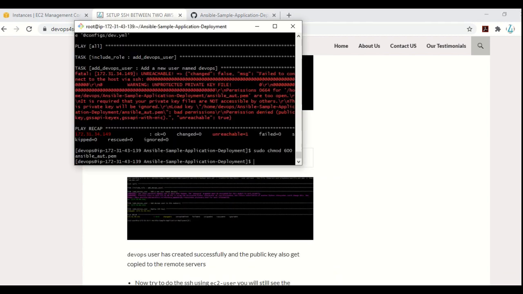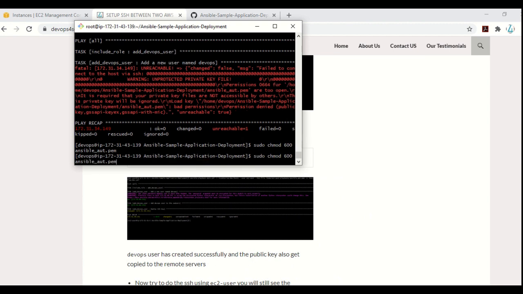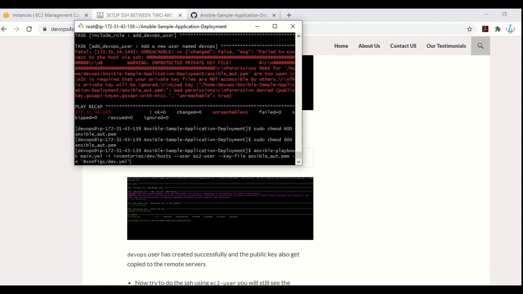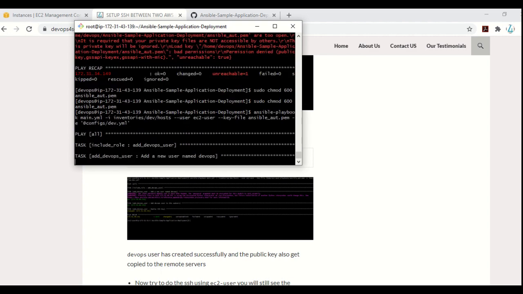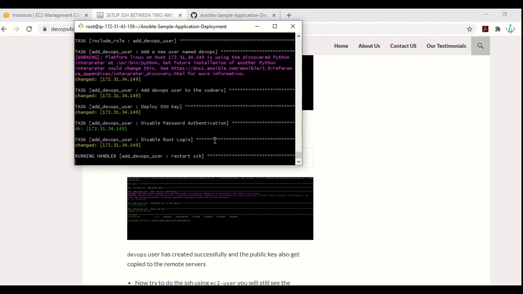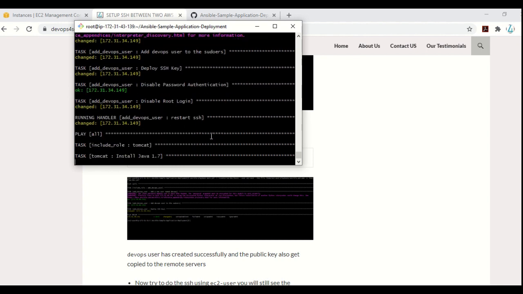Okay. So now when I run this command, what error should I get? Actually, I will not get any error, but what will I be getting? I will be getting the prompt. Okay. I think it was already there, so I have not got the prompt. Okay. So here you can see it did add the DevOps user, and it did deploy the SSH key.